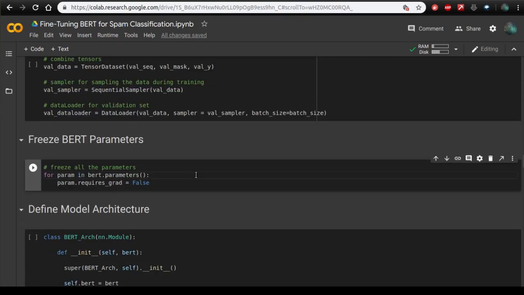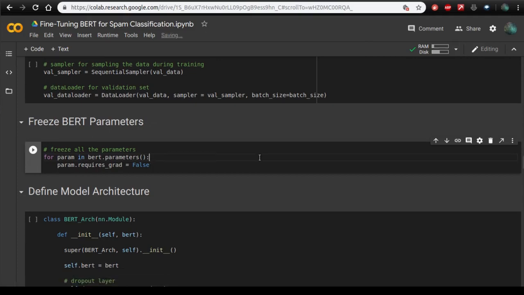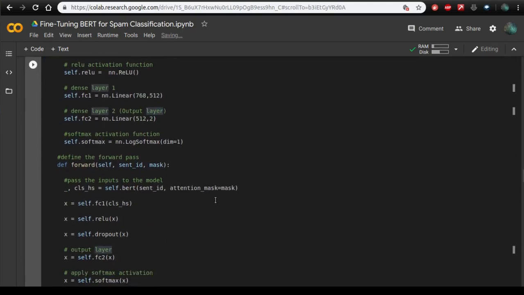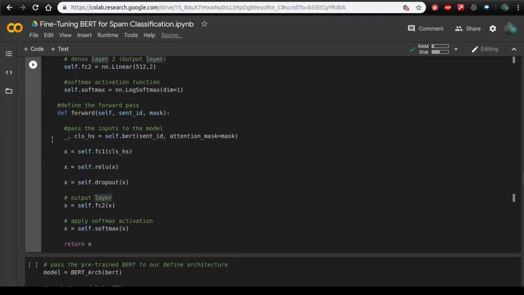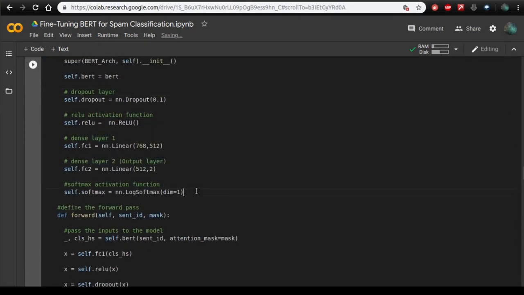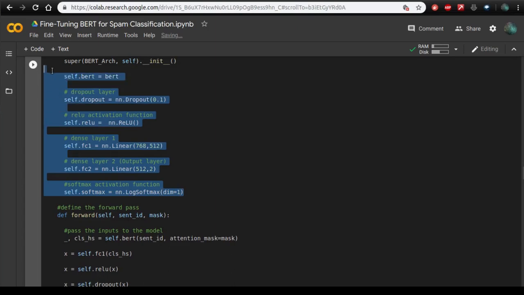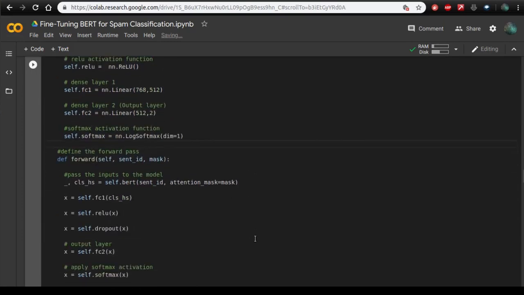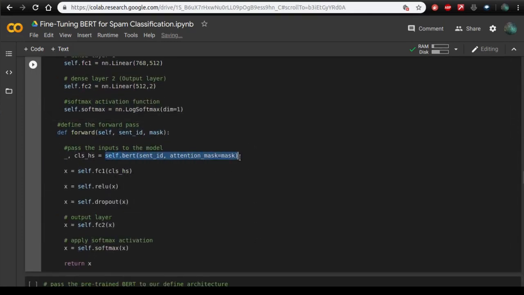Now over here I am freezing all the parameters of the pre-trained BERT model, and over here I am defining my model architecture. So these are the components, layers and activation functions that I will use in this model. And over here I am using the BERT model.